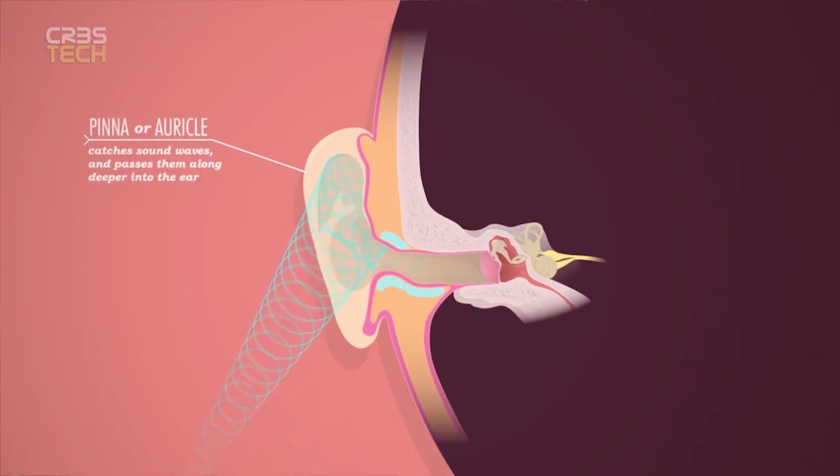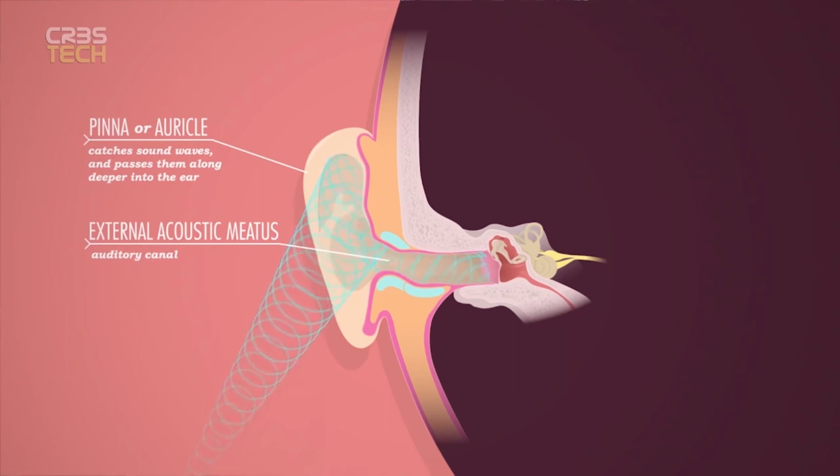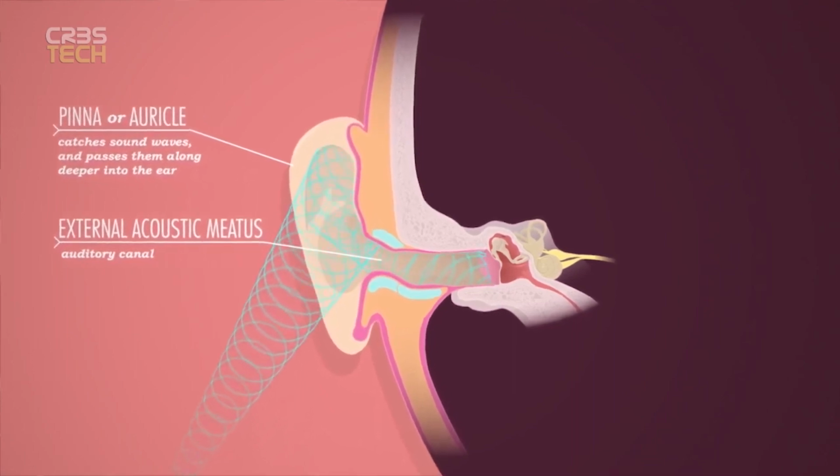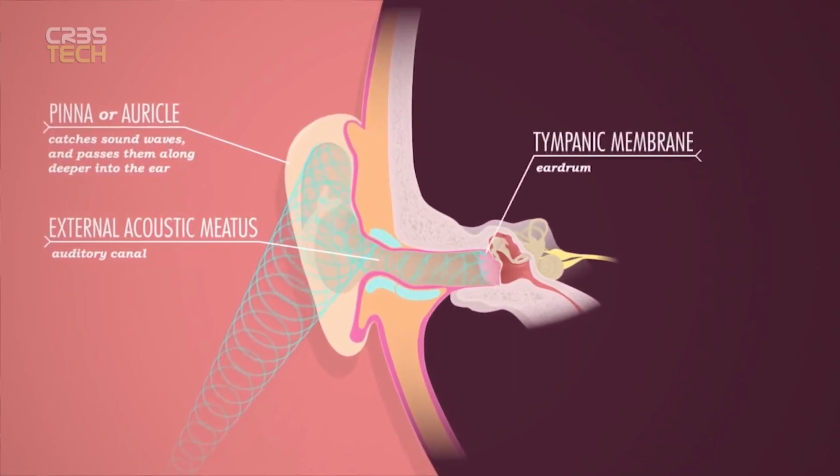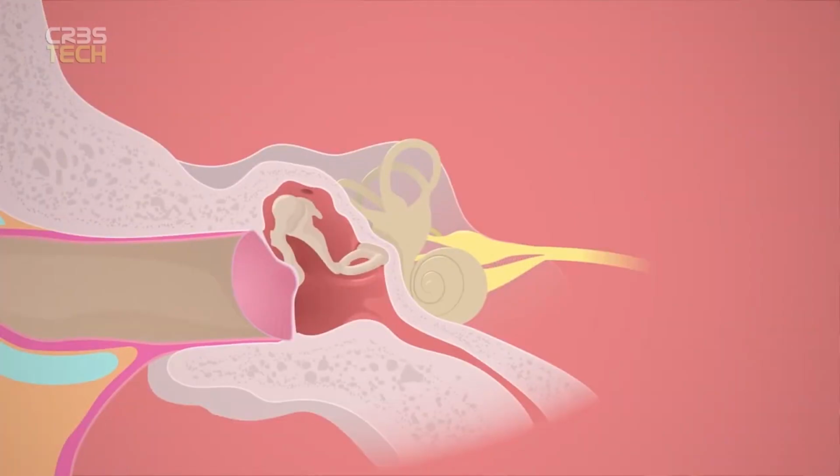Once a sound is caught, it's funneled down into the external acoustic meatus, or auditory canal, and toward your middle and inner ear. Sound waves traveling down the auditory canal eventually collide with the tympanic membrane, which you probably know as the eardrum. The sweet sound waves of your favorite jam collide with the eardrum. They push it back and forth, making it vibrate, so it can pass those vibrations along to the tiny bones